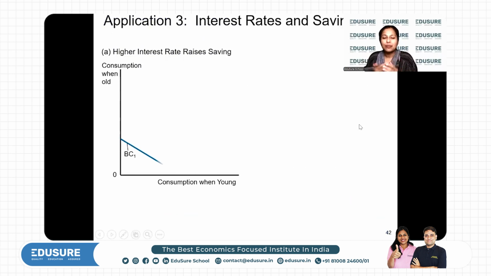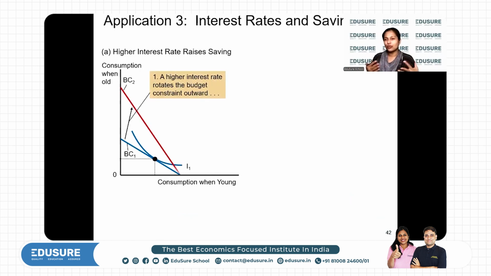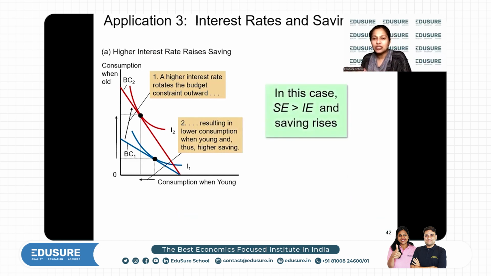Sometimes, if you're a little short of cash and this happens, you may want to reduce your consumption in period one, and increase your consumption in the second period. This is what happens. If your substitution effect is more powerful than the income effect, then the consumption in period one will fall.